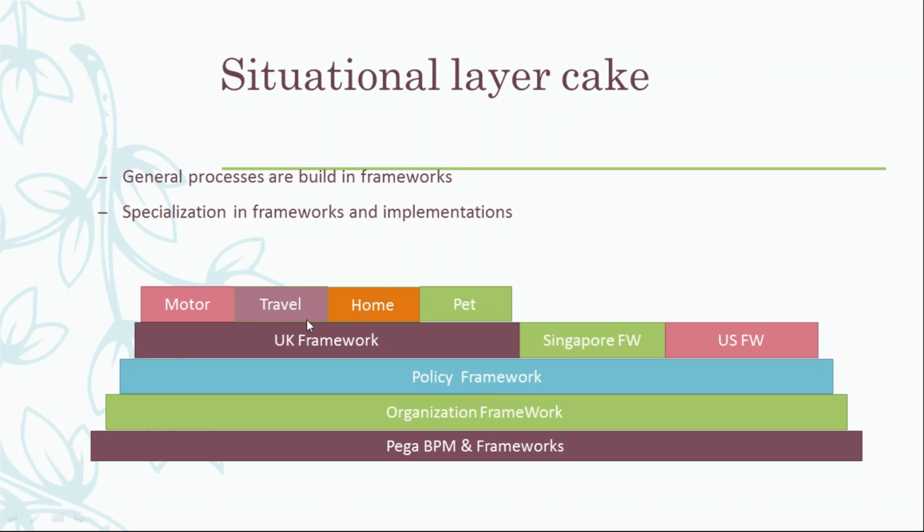So if you say UK-wise, we have something which is common for the UK side, we put it in a UK one, and the common things for Singapore we are going to put into the Singapore one. For the US one, we are going to put into the US part of it. So this is what we call the framework layer and the enterprise class structure. So Pega maintains,